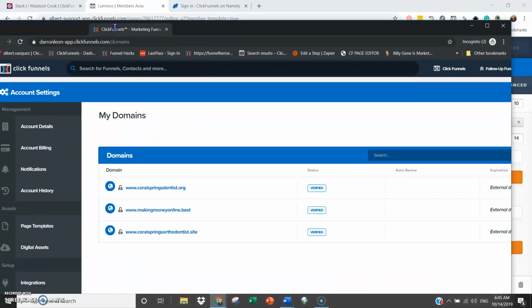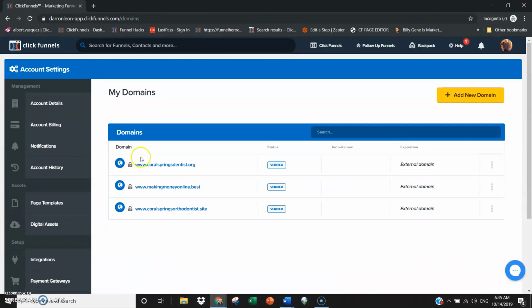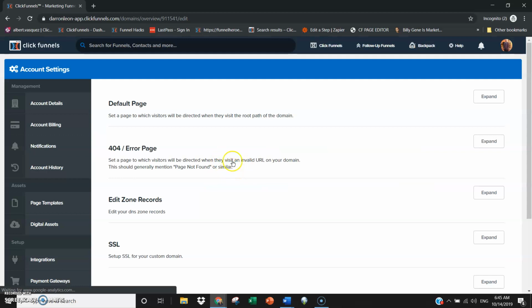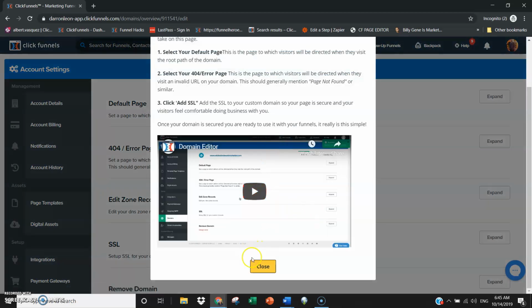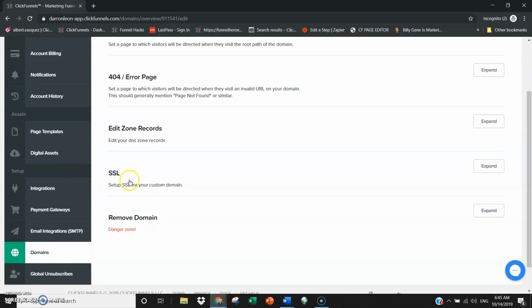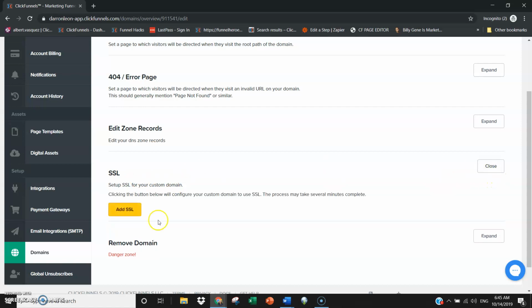I just wanted to show you something here. So here we are in your funnels, or your account. If you see these padlocks here, this shows that your SSL, your security certificate, is not set. So you need to come here and set up your SSL. You'll need to add the SSL for all three of your